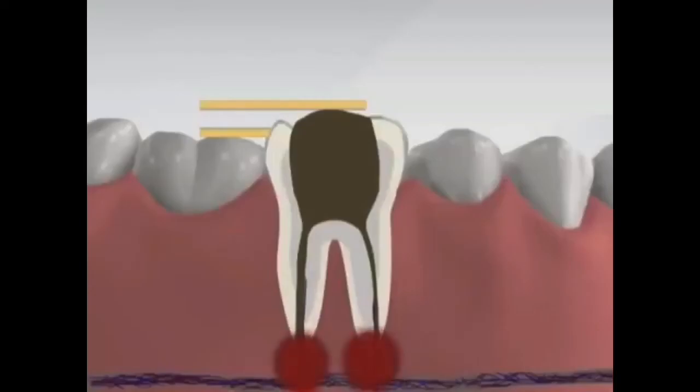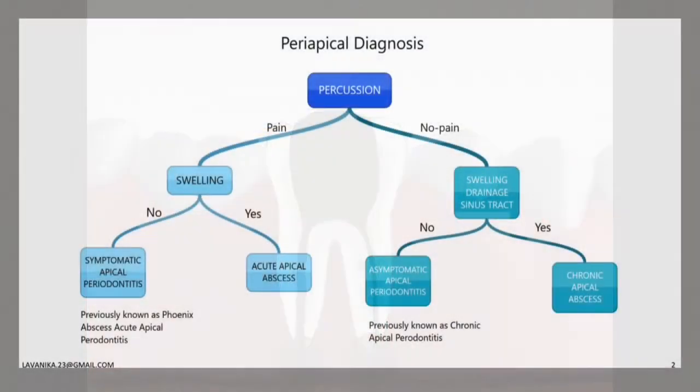Now, if pulp necrosis is left untreated, toxins would spread beyond the apical foramen, leading to the thickening of the periodontal ligament and thus tenderness to percussion and palpation, leading to an apical disease. Now, apical disease of a pulpal origin is the extension of the inflammatory response to the irritants of the root canal system. In short, it is the extension of the pulpal disease into the apical tissues.